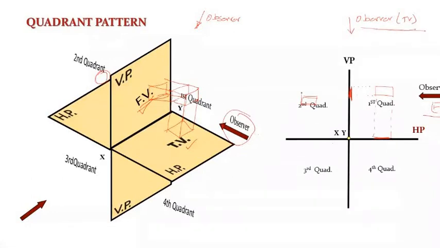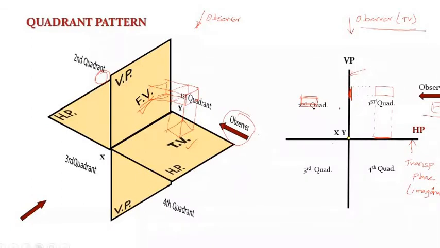Okay. So when you place the object here, you will not be able to see the object, right? Because the vertical plane is in between the observer and the object. So in order to make it convenient, what we are going to assume is the vertical plane and the horizontal plane are always transparent planes. It's a transparent imaginary plane. The plane is imaginary, that is secondary, but it's a transparent plane.